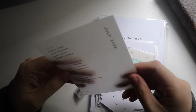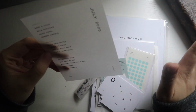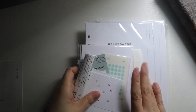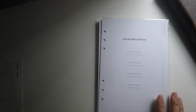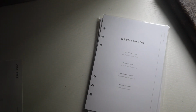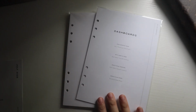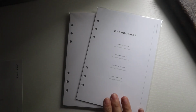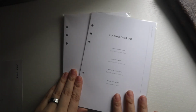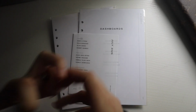Okay, so we have the July subscription card that I will reference as we go over what is inside. So let's go over the dashboards because that's usually my favorite first, and then planner inserts, and then we'll go into the accessories, which you get with the Deluxe. If you don't get the Deluxe, you just get the normal subscription. It's the inserts and the dashboards. And then the Deluxe is the accessory pack and all the other things that come in the box. So if you just get the regular subscription, this is what would come in the box, as well as this, and I think probably the freebie cards, because that's usually